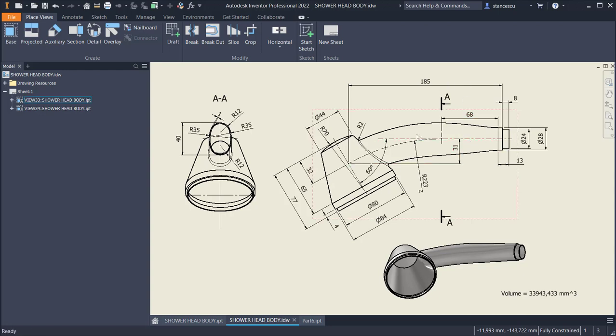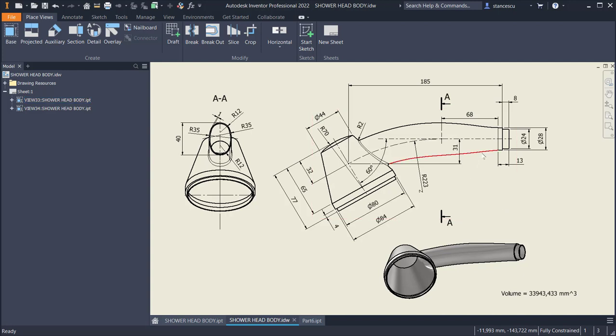Yes? So instead of 68, which must be removed from the sketch, not from the drawing, we have to place a dimension of 185 minus 13 plus 8, which means 185 minus 5,